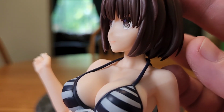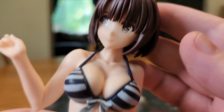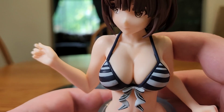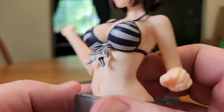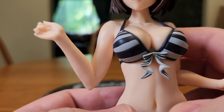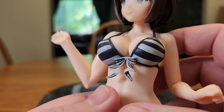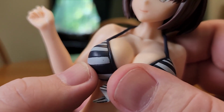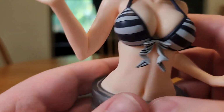She's got quite a detailed neck. So you got the tendons, you've got the clavicle, got a nice bust on her. It is welded. Megumi has pretty big boobs after all. Her bikini, the paint on it, the white stripes looks like, is pretty clean. Not really any bleeds. There's like a couple little speckles and sloppy bits right there. Nothing major or anything. And her little bow tie,